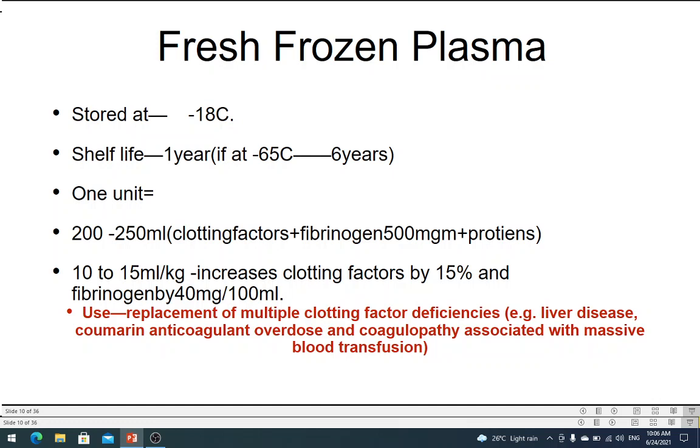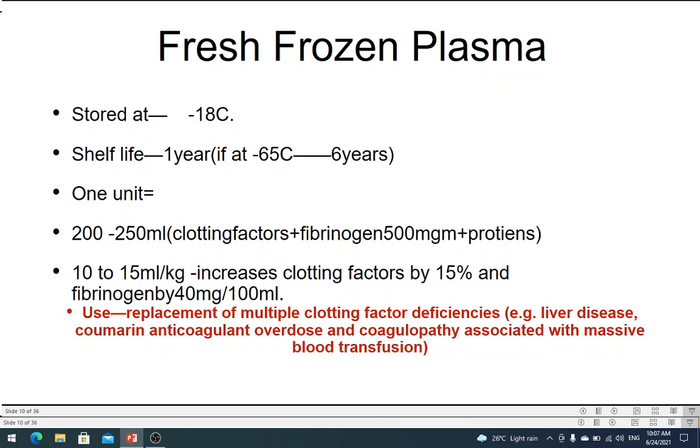It's stored at minus 18 degrees centigrade, unlike whole blood and RBCs, which can be stored at 2 to 6 degrees. Here you have to lower the temperature even more. So a blood bank is a very complicated place actually. There are a lot of things that you have to worry about in a blood bank. You have to keep these things at the correct temperature, so the machines must work properly. Lots of problems are there. Anyway,